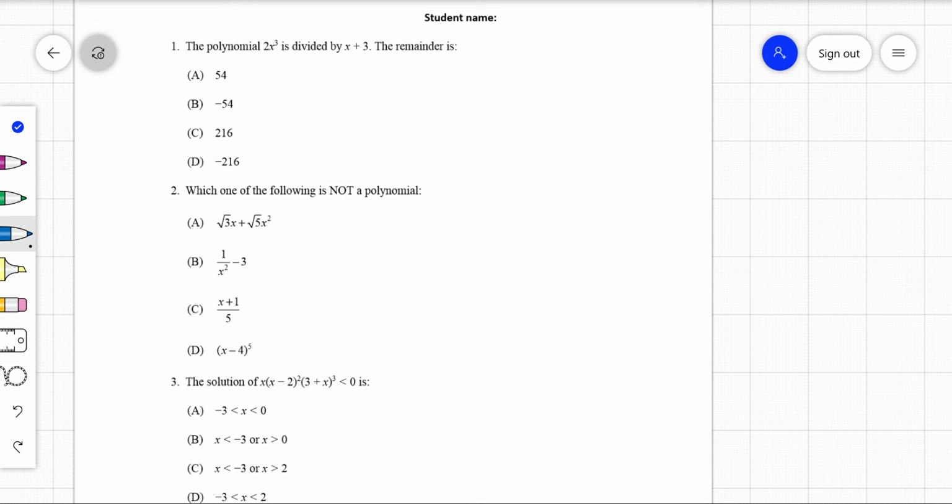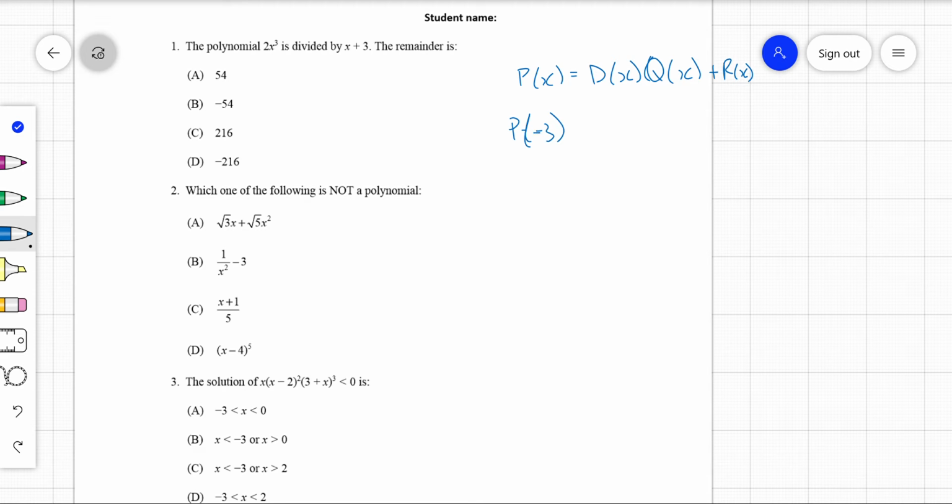All right, so polynomials quiz. You know by your remainder theorem, a good thing to remember, because you may need to think about it, is that if we divide a polynomial by a divisor, we get a quotient plus a remainder. If it's a factor that we're dividing by, there will be 0 as the remainder. So here we're dividing this polynomial 2x cubed by x plus 3, which means when we sub in minus 3,